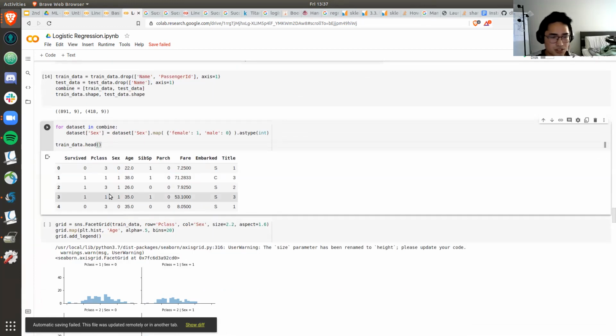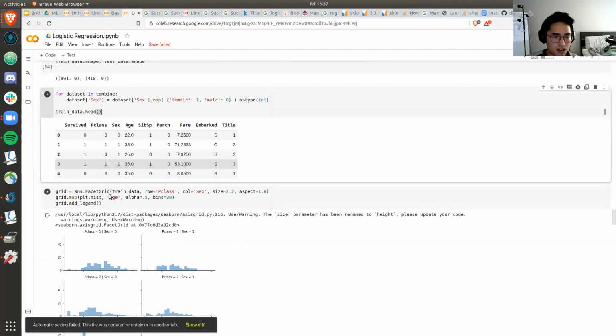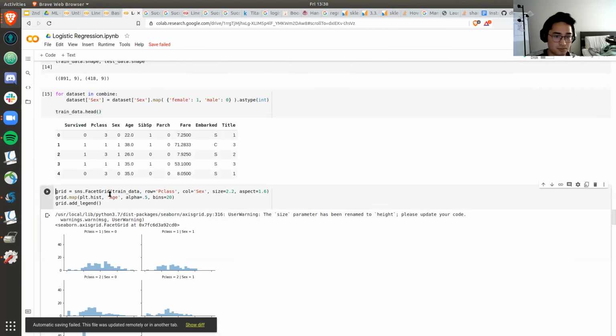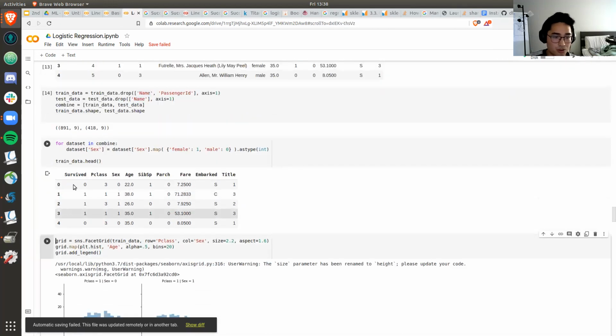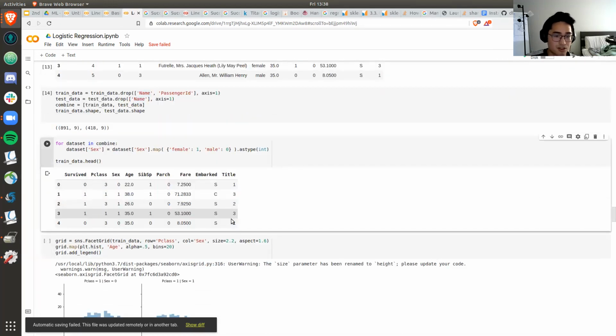So now going to the next block of code, we want to make sure that sex, female and male, is actually an ordinal value. So our female will be 1 and our male will be mapped to 0. This is what we need to do: iterate the data set again, look for the sex column, and map the female and male values to their respective integer values, which are 1 and 0. So you can see here that all of our values that were once strings are now mostly numerical values.